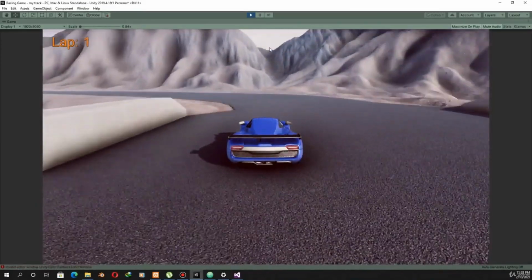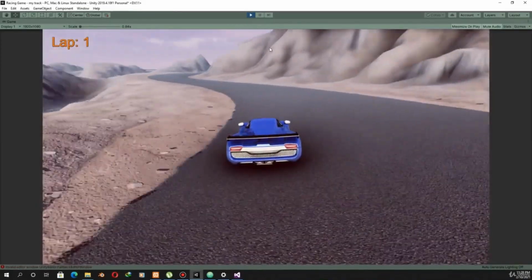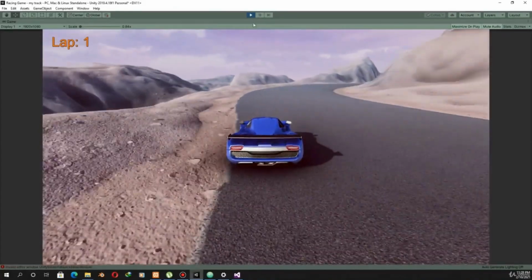And now you can see that I have completed the circuit, but the lab number has not been updated, because